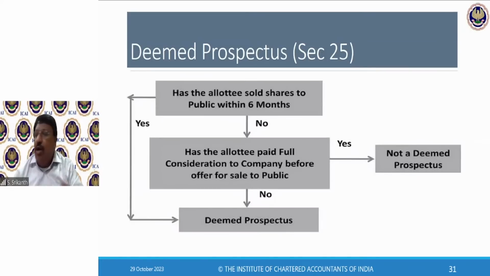Anybody who is an allottee, anybody. See, the idea of this section is that somebody may circumvent. So the allottee could be anybody. It could be a person, an individual, or a company, whatever. The idea is, I allot the shares to somebody. That person sends a letter, whoever it is. But mostly in this case, the allottee would be a broker, or an issuing house, or an investment banker. Some financially sound body, they will take it up and they will do it.